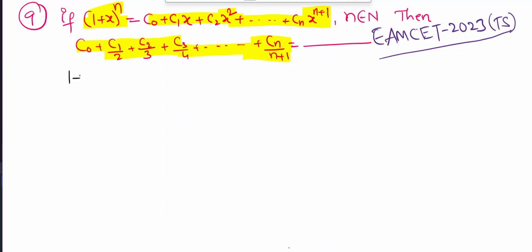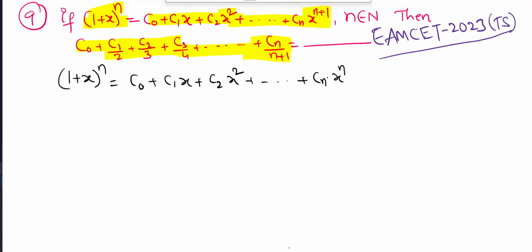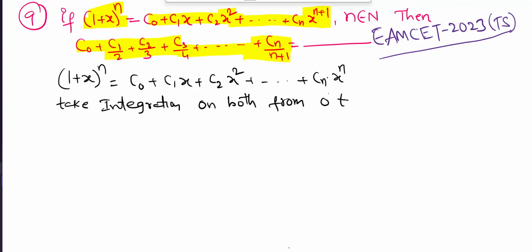Here is given expansion is 1 plus x whole to the power of n is equal to c0 plus c1x plus c2x square plus up to plus cn into x to the power of n. Now we take integration on both sides from 0 to 1, that is integration from 0 to 1 of 1 plus x whole to the power of n